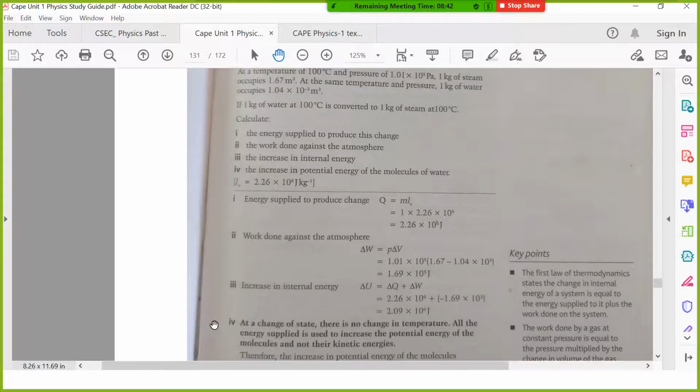But what I was just making reference to is the change in volume, right? Because they gave us this volume, which is the 1.67 as the volume of the steam, right? That is basically our final volume, right? And this right here, this 1.04 times 10 to the 3 would have been our initial volume. But for some reason, I think that it's supposed to be minus 3, because remember now, if you're doing